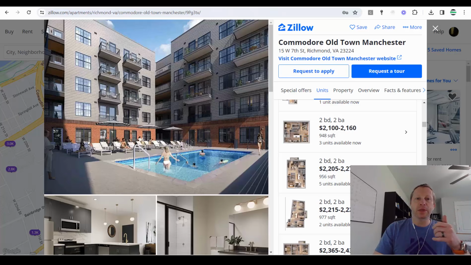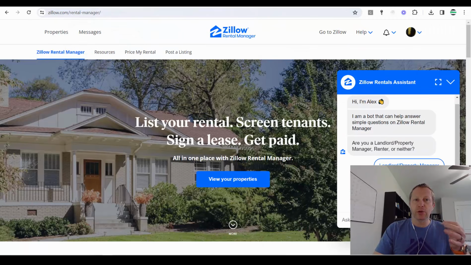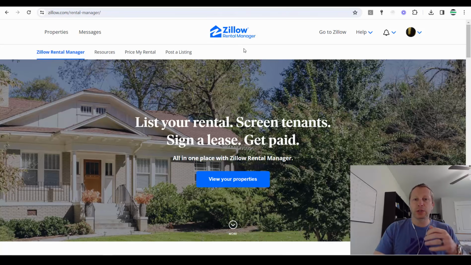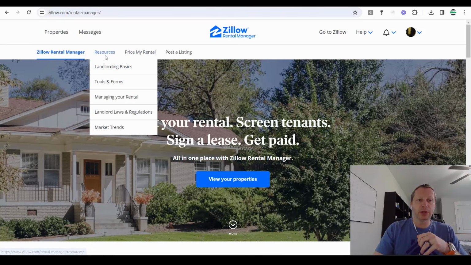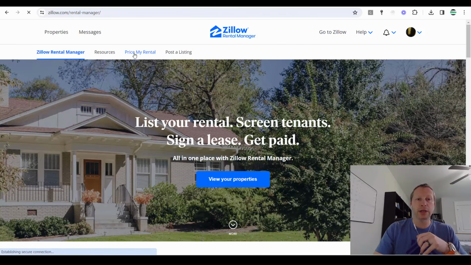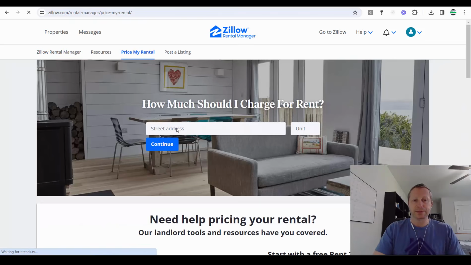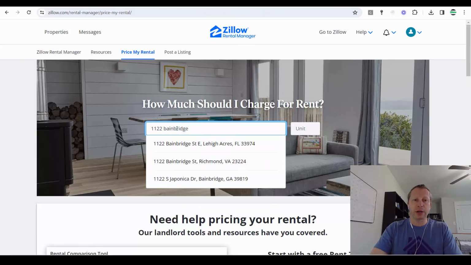The tool that is a little bit more useful with Zillow is Zillow Rental Manager, right? So we use Zillow to list a lot of our rentals, and we get quite a few leads from Zillow. And so we use Zillow Rental Manager, and Zillow Rental Manager has a couple of resources. I can go here and click Price My Rental, and it won't recognize the new address that I'm building, but if I click on an existing rental that I have in this market,